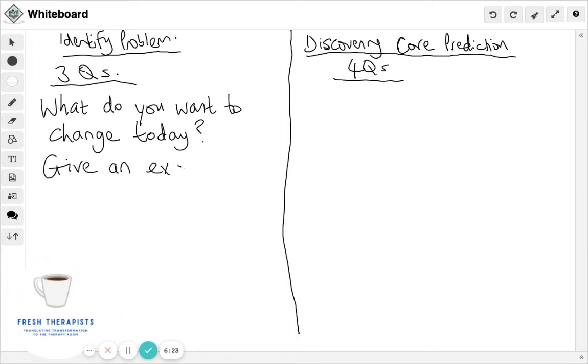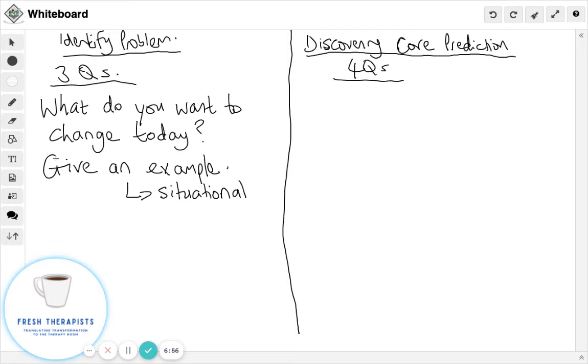The second question is a really good one, and that is, give an example. And I always talk about this when I'm teaching an approach to memory reconsolidation, and that is, it helps to make the problem situational for a whole host of reasons. It makes it experiential, it makes it tangible, and also it gives us a clue as to what will be different and what situations will be showing up differently once the work has actually been successful.